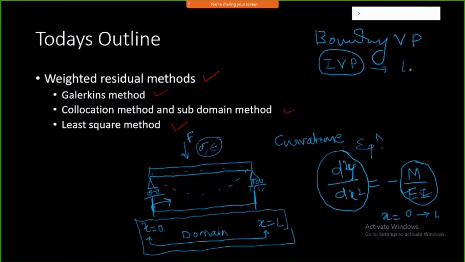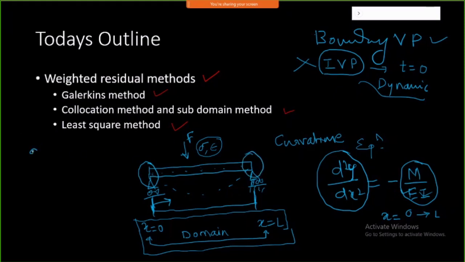At time t equal to 0, what is my configuration? This we are not going to do. This is typically for dynamic problems, and we are dealing initially with only static problems. That's what we'll concentrate on, boundary value problem. When we are going to solve this within a boundary value problem, I want to know what is the condition at this boundary and this boundary.